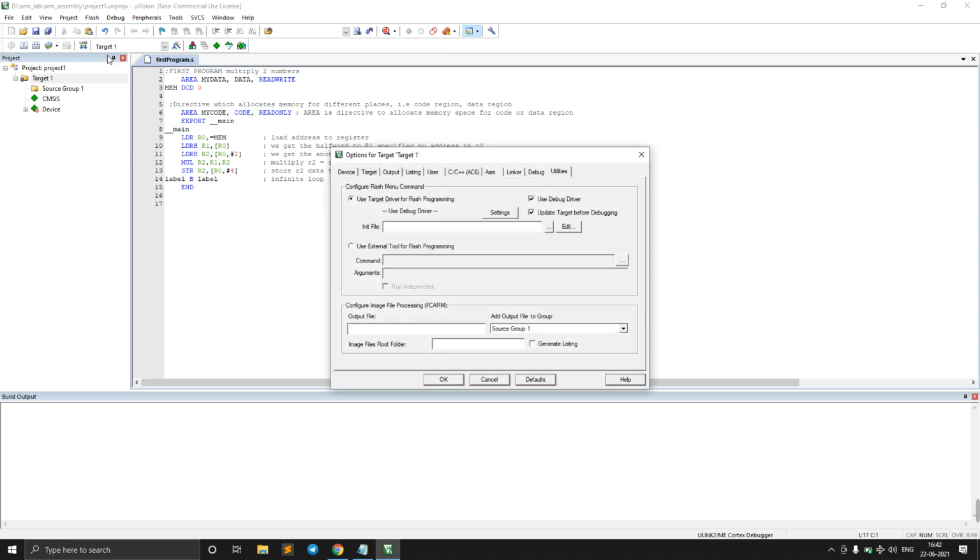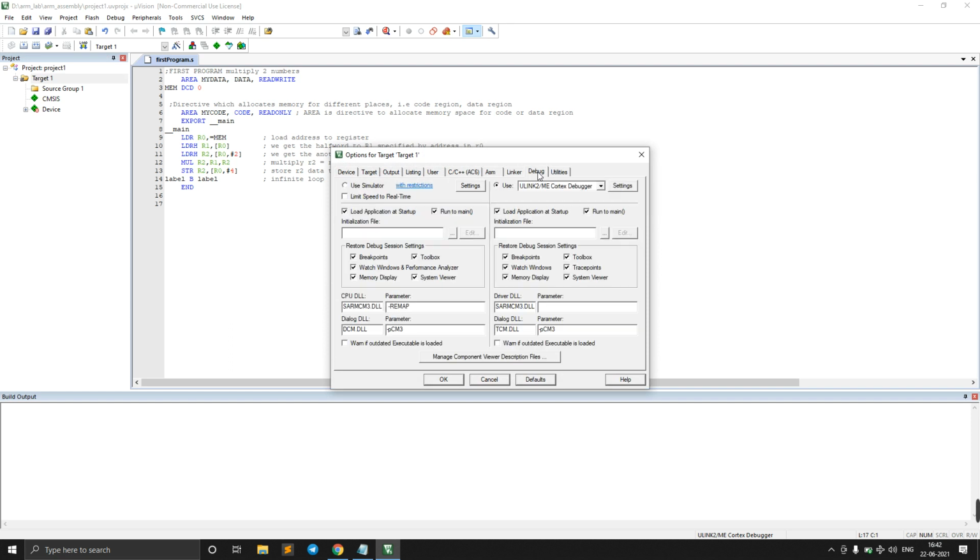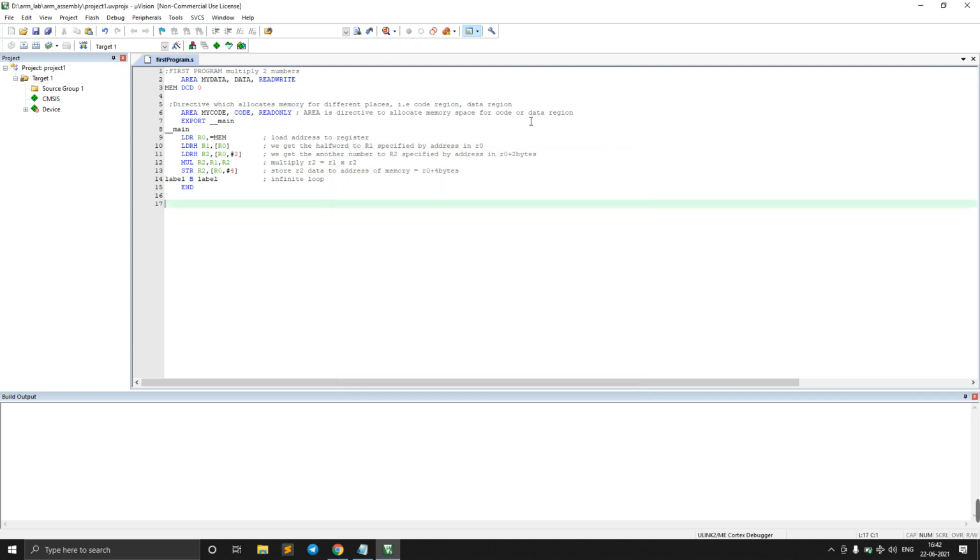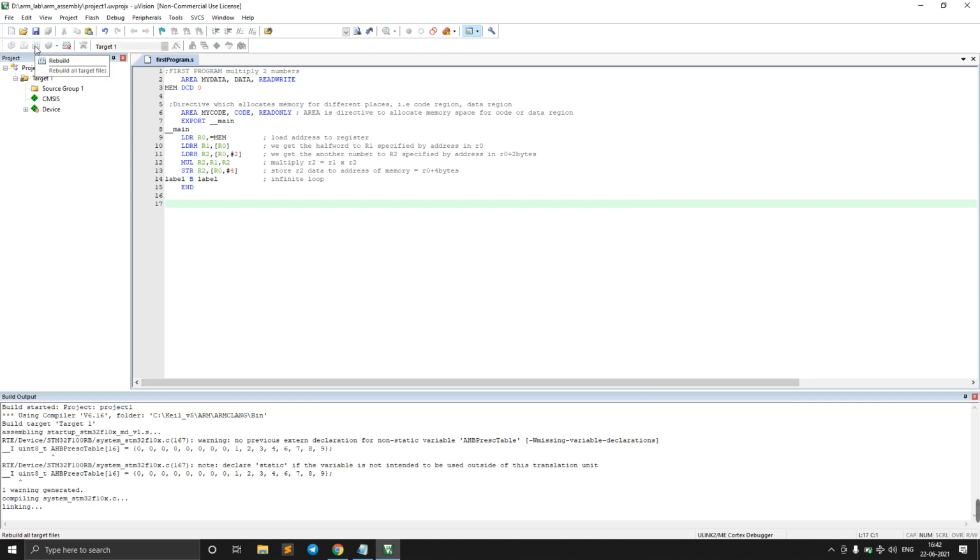Since we are not using the physical board, we just need to change our debug to the simulation. Here you see the Cortex debugger is selected. If I do not change it and I just simply click link, so I'm linking this and build, okay, this is linking now.